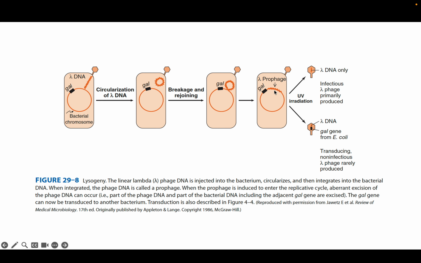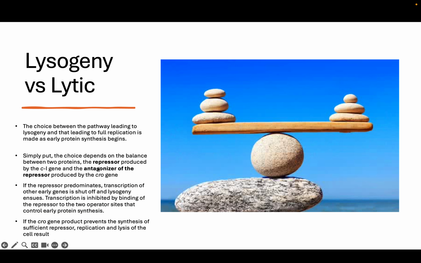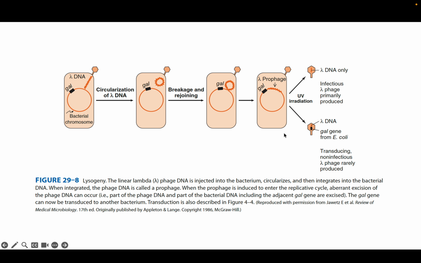And then this can stay here for days, weeks, years, you name it. But there are sometimes certain things that can push it into the lytic cycle, and that's UV radiation. UV radiation stops these repressor genes that I was talking about and allows protein translation, and then it goes into the lytic phase. Once you get to the lytic phase, you get the production of bacteriophages. Technically, this prophage is excised, removed, replicated, and taken and put into the newly formed